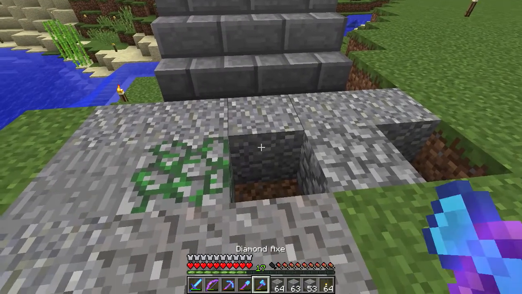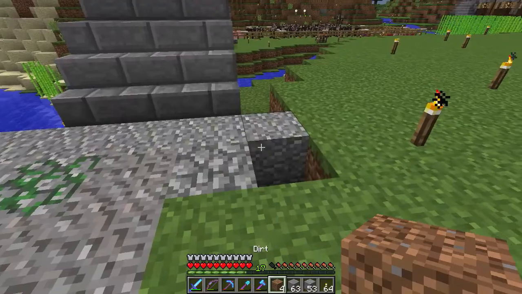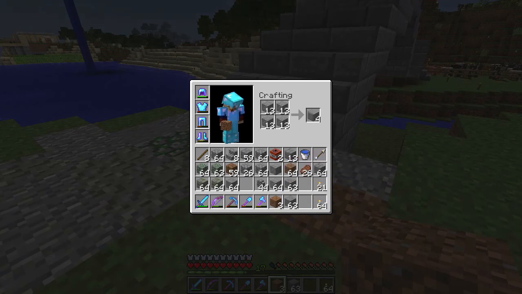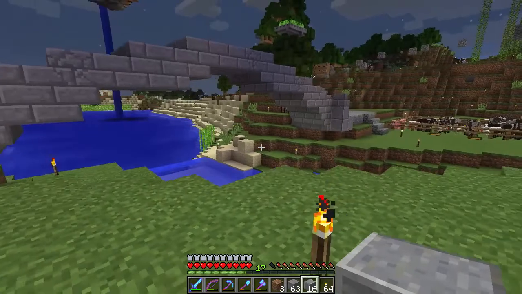Gravel. Did I put gravel in? I didn't put any gravel in. Yes, gravel go there. And dirt go there. Yes, good. Right, so I was wanting more of that polished andesite, yes. Probably. Don't know how many I need. That's probably plenty. That is adequate. Adequate for my needs. So that was kind of...